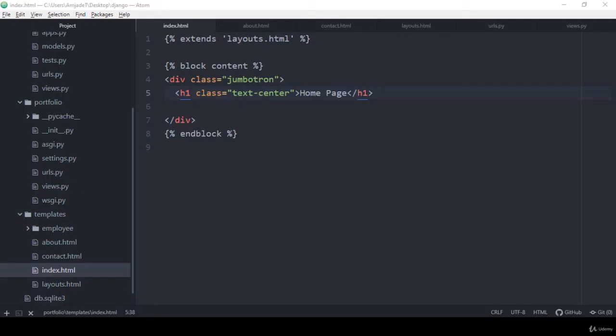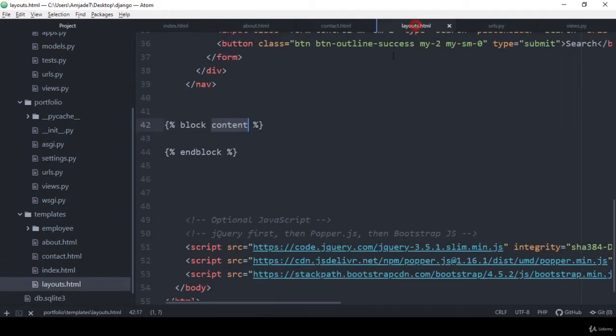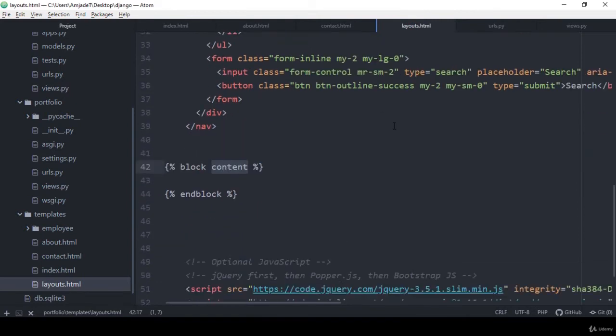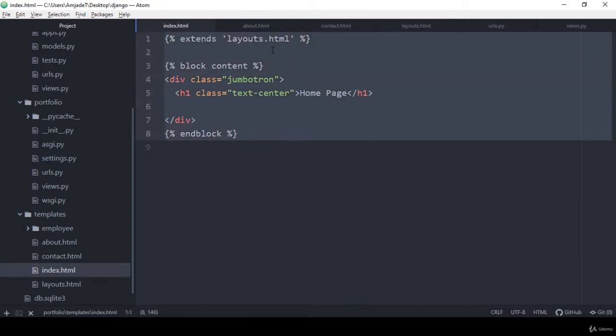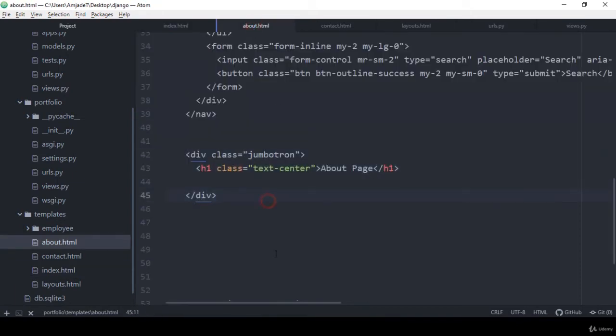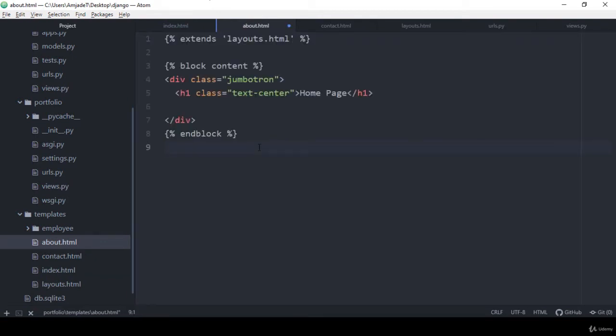How easy it is. Now you can see we have a little short code, and also this part is now totally dynamic. That means our layout is common for every page. Now I also want to do the same thing for our about page. So I just simply copy it, go to our about, and here we don't need to write this code. I simply remove everything, paste it, extend our layouts first, and then in our block content area,